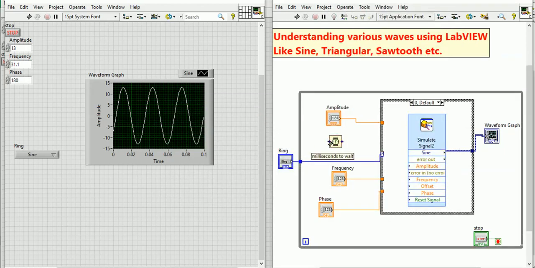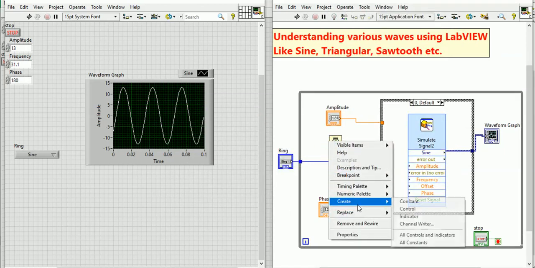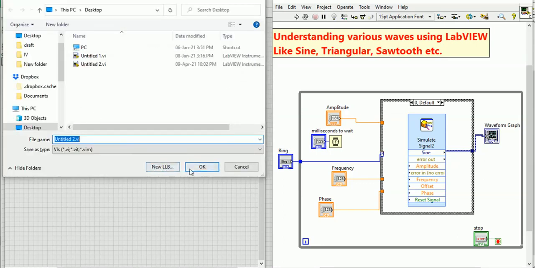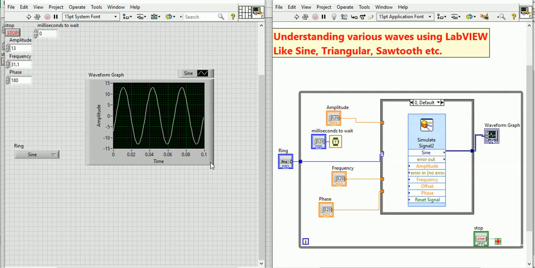Here I am putting the time, creating it as a control, so that it will come as a control. Now I can put some milliseconds, or if you don't want, there's no need to put it here. Okay, so now this program is completed. You can save it, and I am saving it here on the desktop.